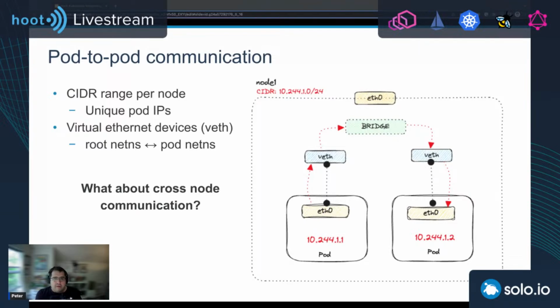Now, one of the requirements of Kubernetes in terms of networking is that the pods must be reachable by their IP addresses, also across nodes, not just on the same node. However, Kubernetes doesn't specify nor dictate how this should be achieved. Now, assuming each node knows how to route the packets within the node, the problem that we need to solve here is how do we get traffic from eth0 on node 1, so that yellow thing at the top there, to eth0 on another node, on node 2.